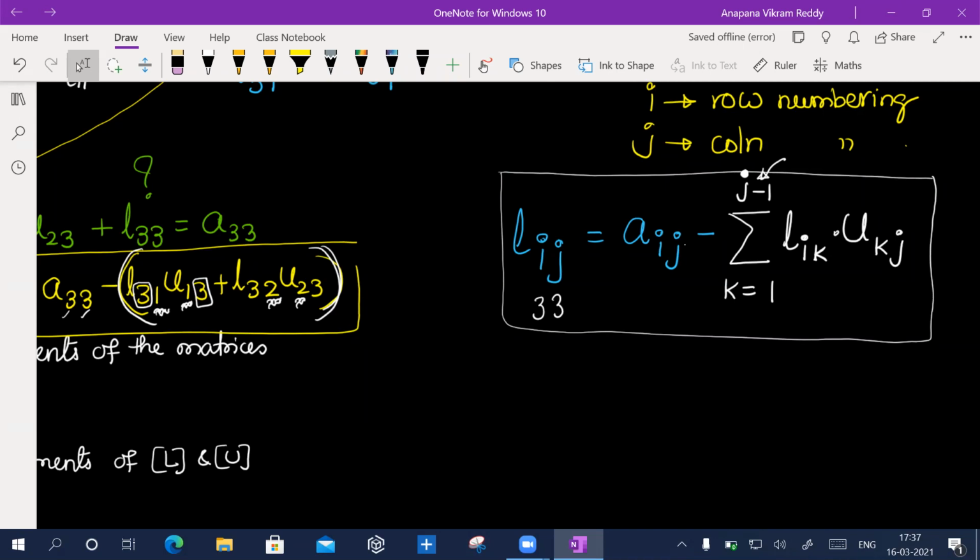Now, in a for loop, what do you do for this? In case of a for loop, if you want to program this one, I can write like this. For i is equal to what here?